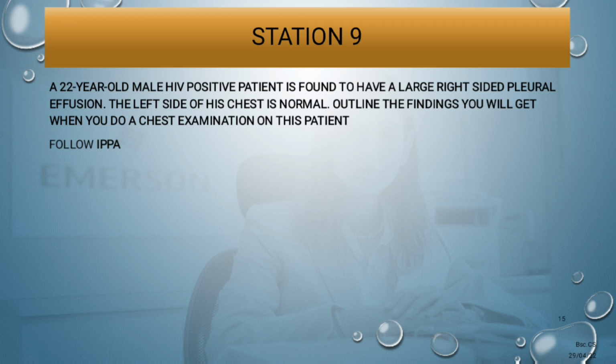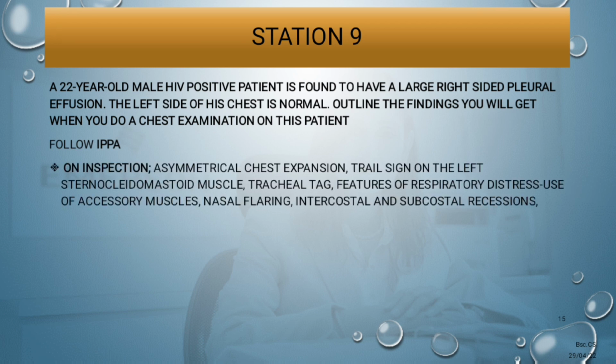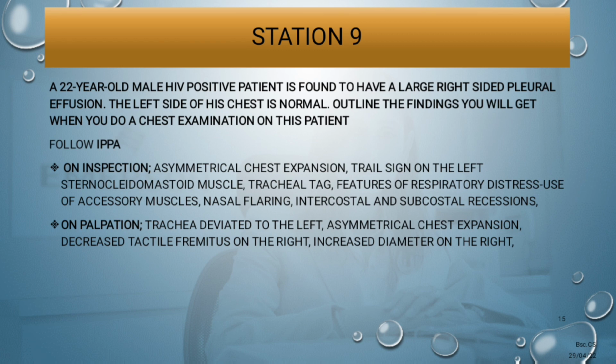Okay, so on inspection, there may be asymmetrical chest expansion, can be a trail sign on the left side, on the left sternocleidomastoid muscle. There may be a tracheal tug. There may be features of respiratory distress. So which ones are features of respiratory distress? There may be use of accessory muscles. There may be nasal flaring, intercostal and subcostal recessions. That's on inspection. Then on palpation, the trachea may be deviated to the left side, since